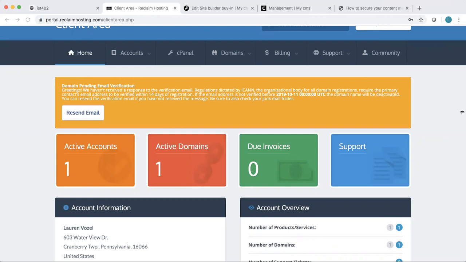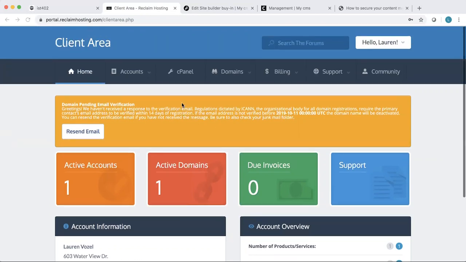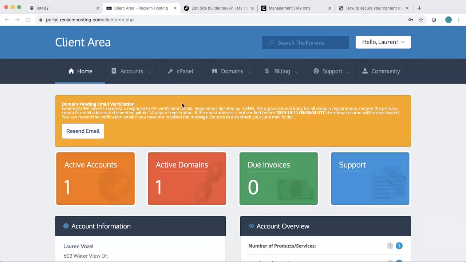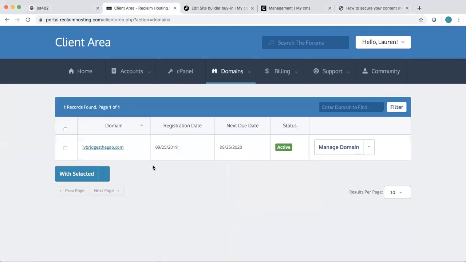We are on week 5 of IST 402, and for this lab, we are going to work with the content management system called Grav. So to start off, we made a domain and we claimed it as ours in Reclaim Hosting. So as you can see, after I press active domains, LV Bridges the Gap is active. So following this,